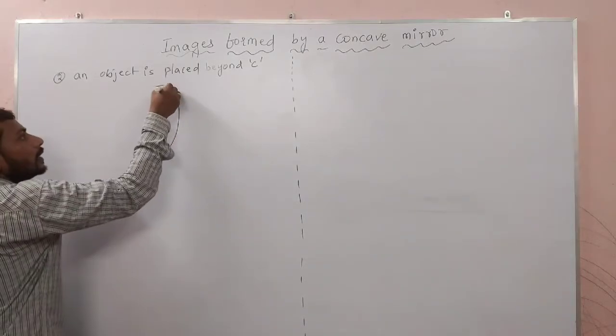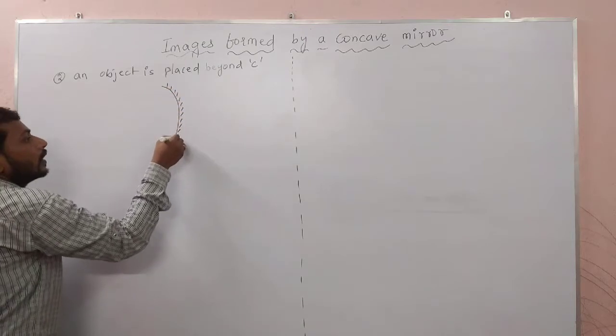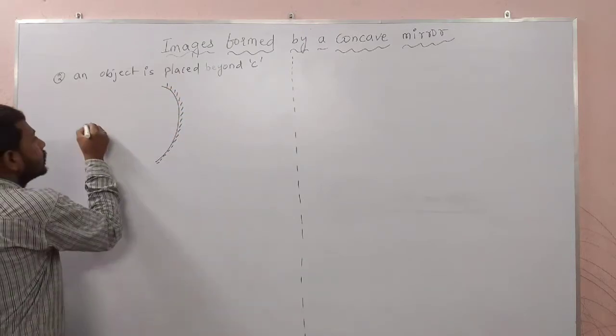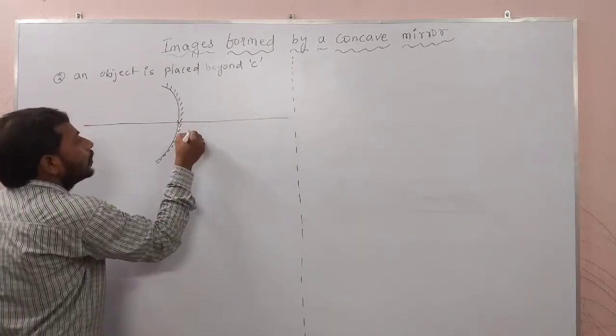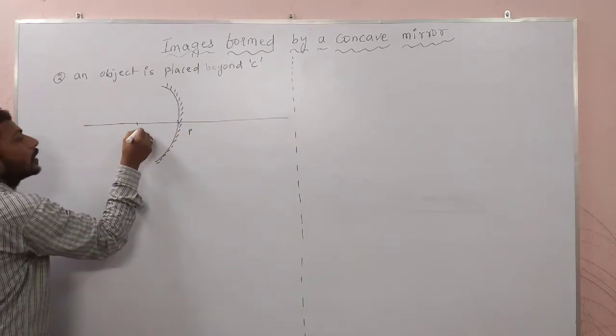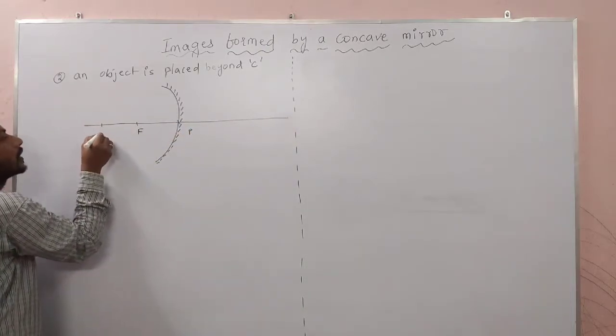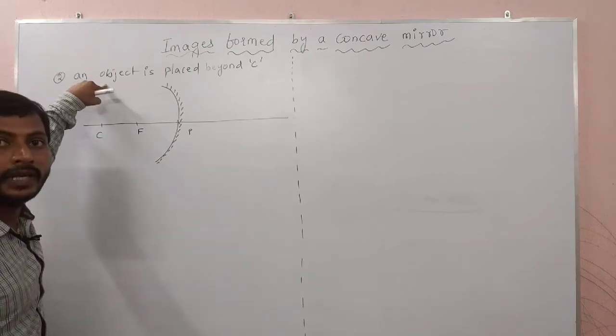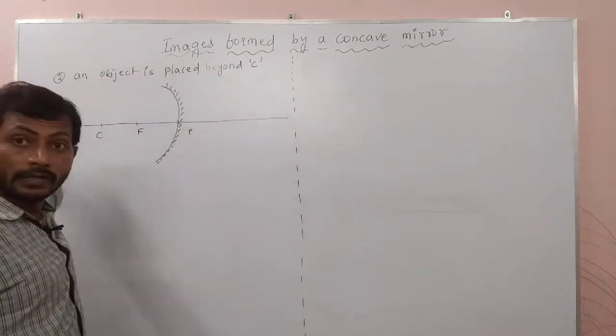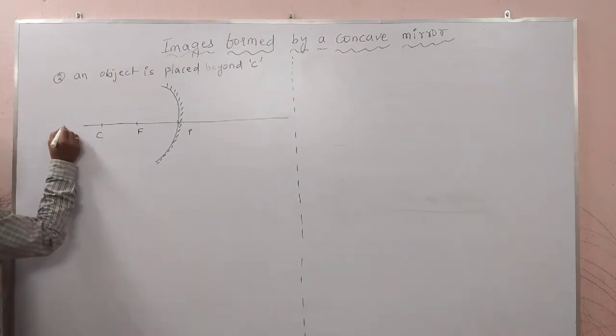This is the spherical mirror. This is the principal axis which passes through the pole. This is the focus. This is the center of curvature C. Now according to our question, the object is beyond C. Beyond C means I am going to draw...